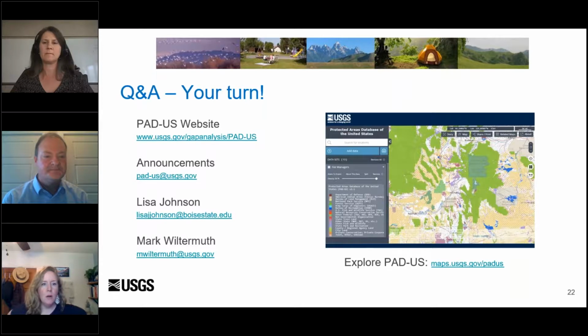A few more questions here. What role do state agencies have in feeding information to the protected area database? And then kind of a follow-up to that, you had mentioned a federal lands working group. Is there something similar for states and NGOs? Yeah. Okay, so